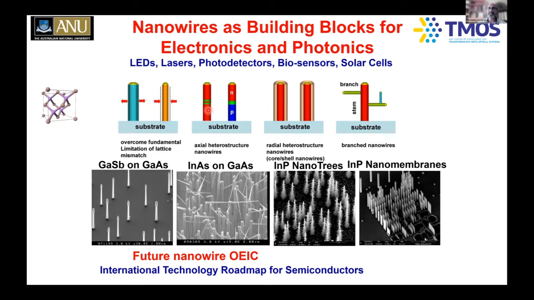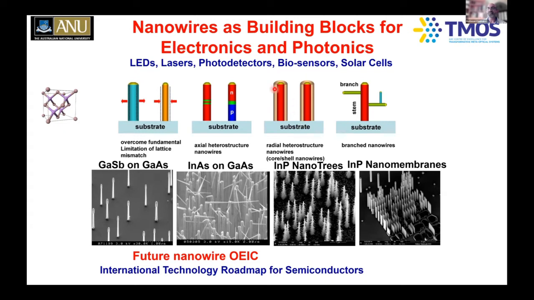These green materials are different than the red materials. And so then also you can make PN junctions, for example. And that means you can be able to make lasers and LEDs and solar cells and a wide variety of things because you're able to make a single nanowire, both P and N type, and a PN junction and a diode, for example. You can also create radial heterostructures or core shell nanowires,